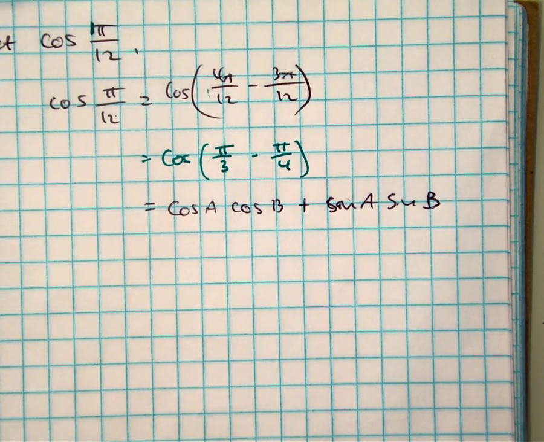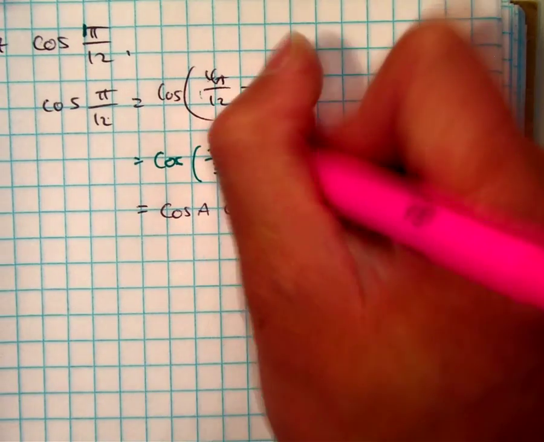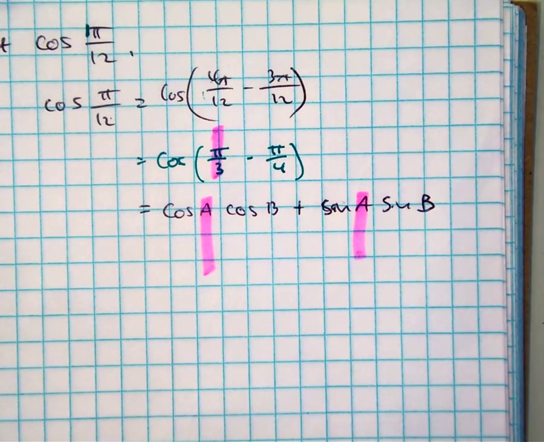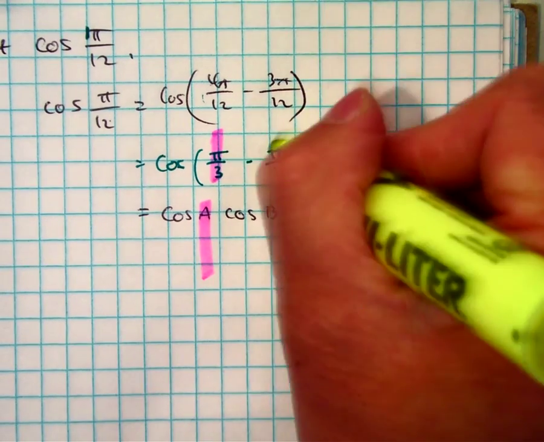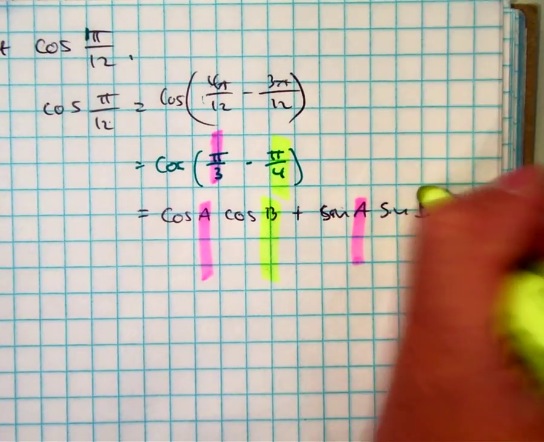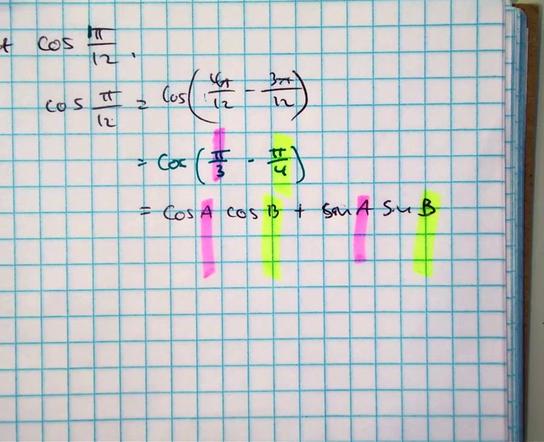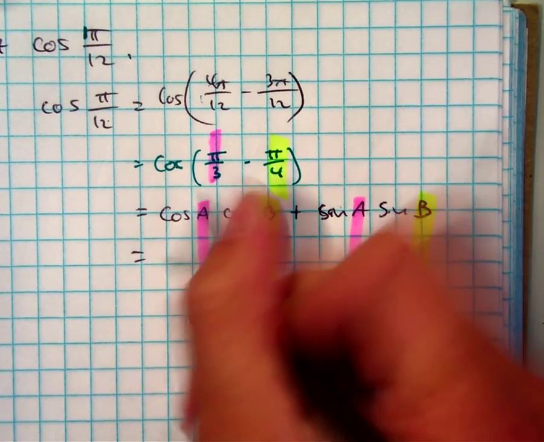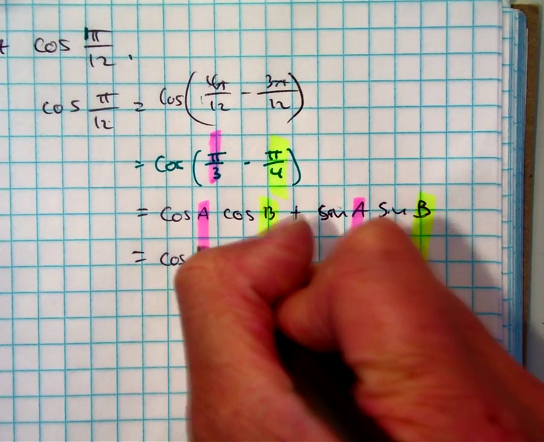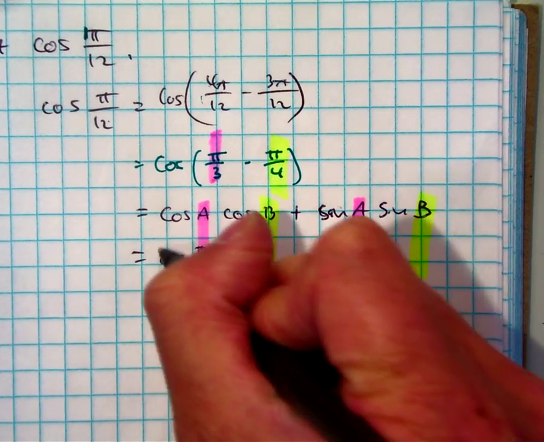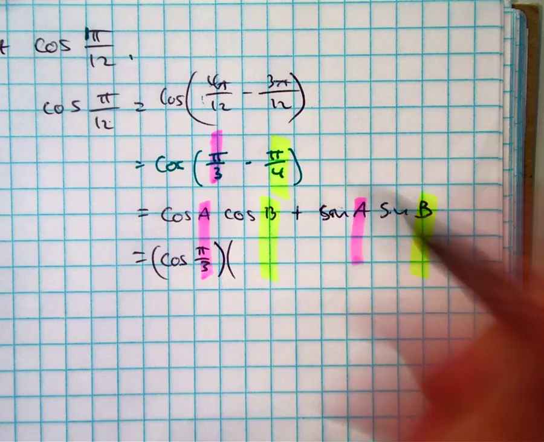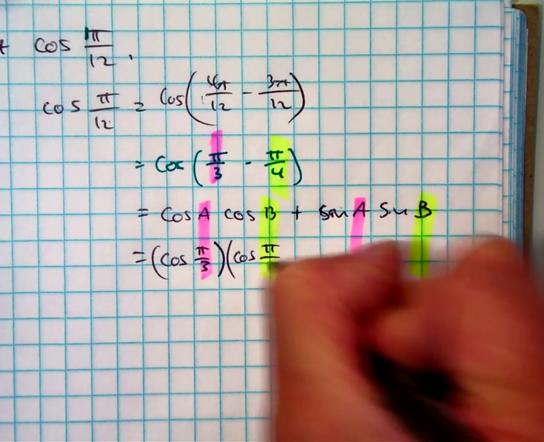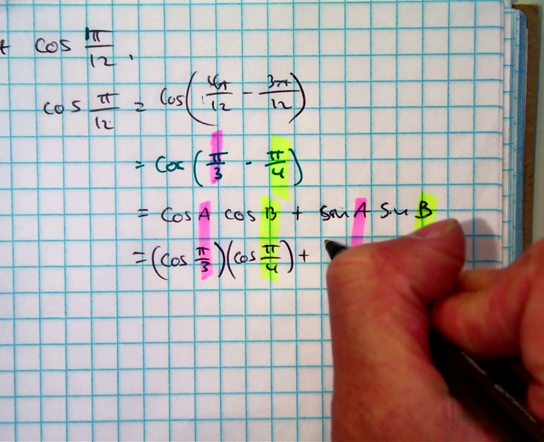Okay. So let's go ahead and highlight. This is going to be my A value. Here's my B value. Pay attention. Does not include a negative sign. Let's do a substitution together, class. What am I going to write? Plus